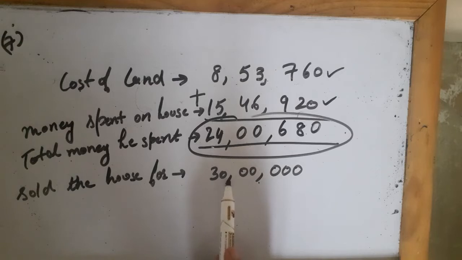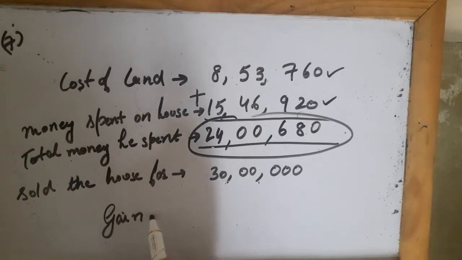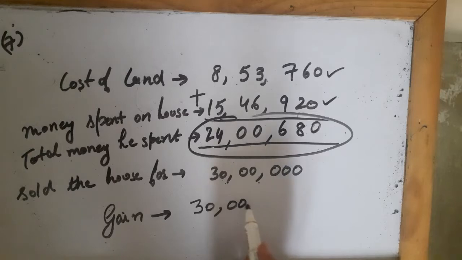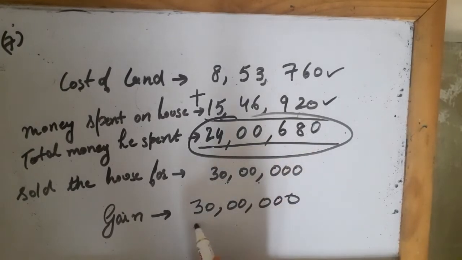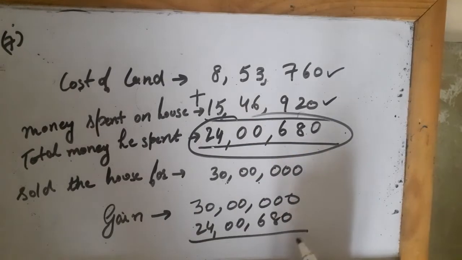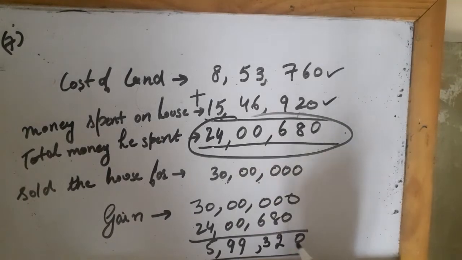So he has sold the house for more money, so it means he had a gain. So how much gain did he have? Now what I will do is, from 30 lakhs I will subtract the money which he spent on building the house. So how much did he gain? He gained around 5 lakhs